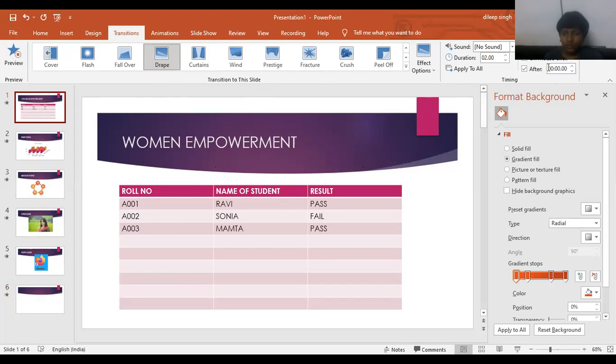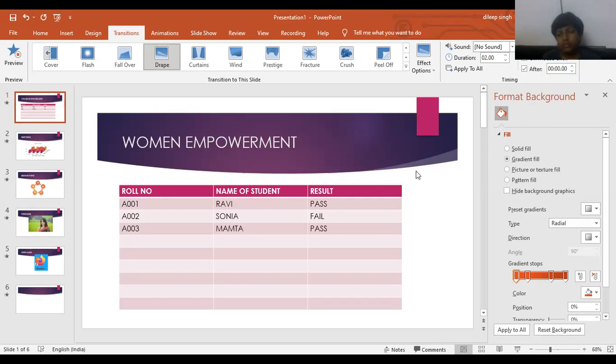If we add 5 seconds, it will stay 5 seconds. So we can set the times according to our content, so we have enough time to read out all the content of the slide within the time duration of that particular slide. So by this option, we can also set the time.